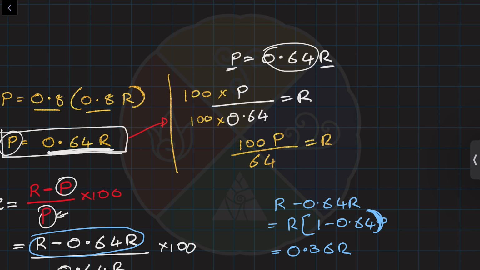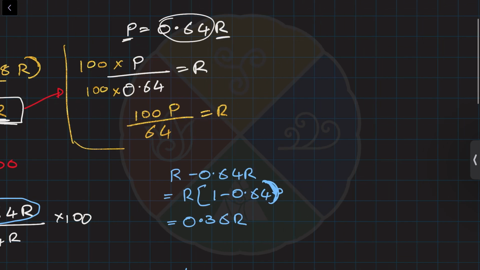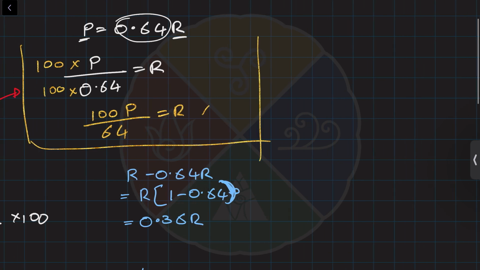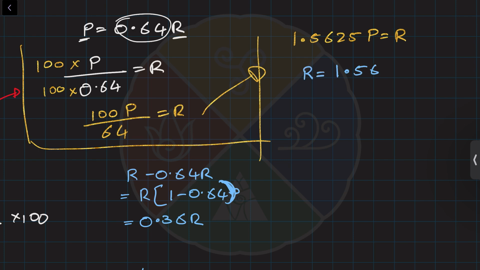Now you can simply divide 100 divided by 64 and you will find, I'm writing here, okay, and that is going to be 1.5625 P is equal to R, or that is nothing but R is equal to 1.5625 P. Now from here itself I can say that R salary is 56.25 percentage higher. I have already showed you in the previous session. What you have to do is remove 1 and take the rest, or what basically happens is that I can write it as P into 1 plus, just subtract 1 from this value and write whatever is left on the other side,